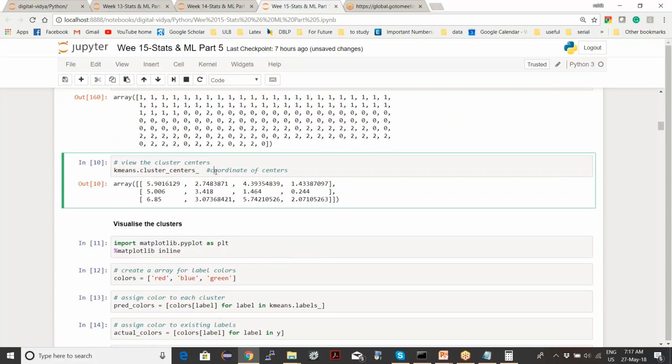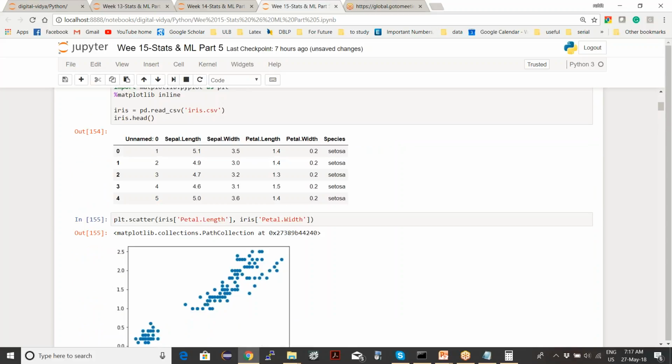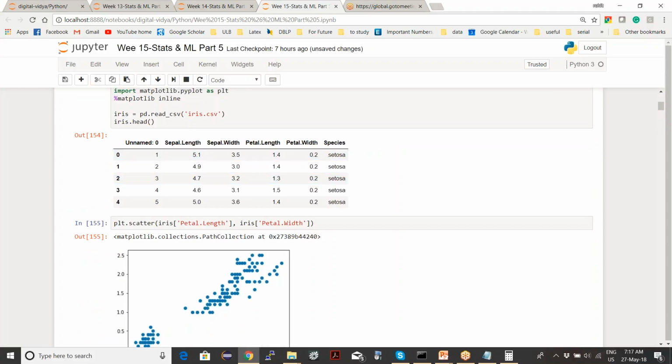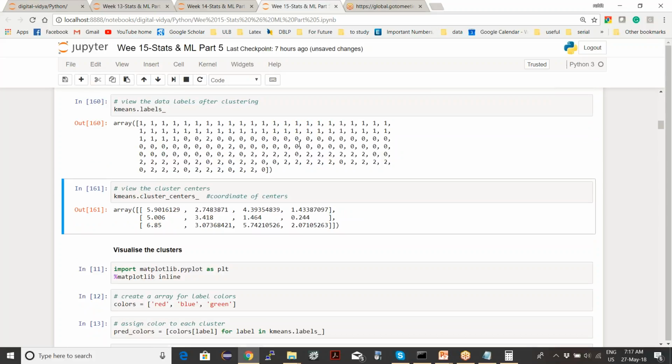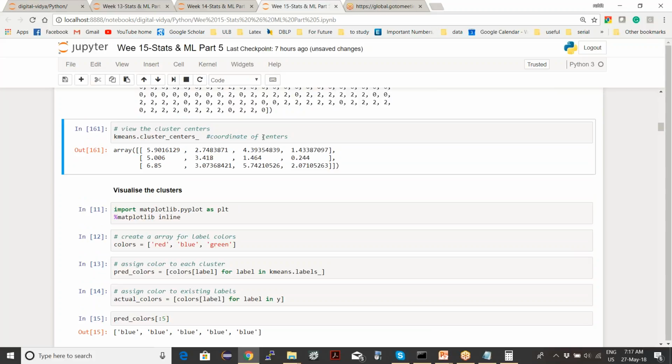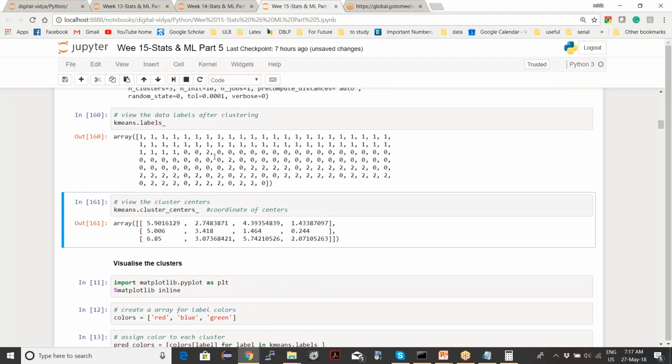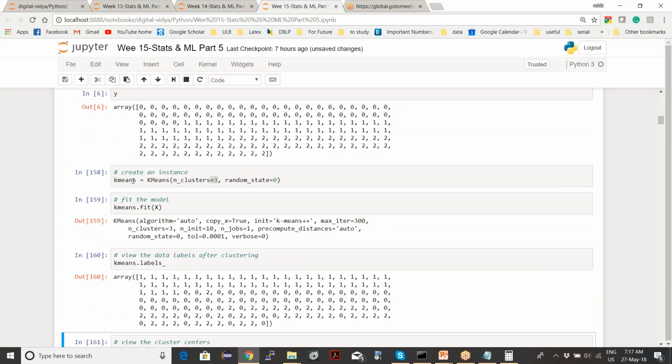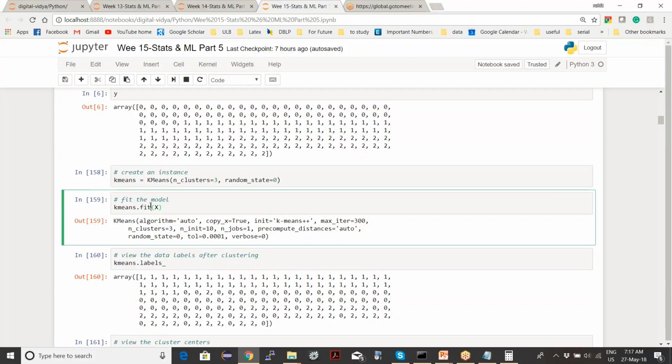And you could visualize the actual coordinates of these clusters. If you input kmeans.cluster_centers_, it will give you the coordinates of the cluster centers. So what is the coordinate of your cluster center? These are the 4 parameters for each. Your x had 4 parameters, right? 1, 2, 3, 4: sepal length, sepal width, petal length, petal width. So it's a 4-dimensional space. You get the cluster centers, you get the cluster assignments for each data point, and it's as simple as that. Create the instance of the class, fit the model.